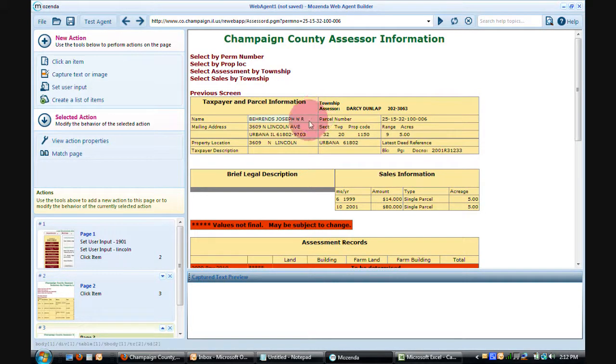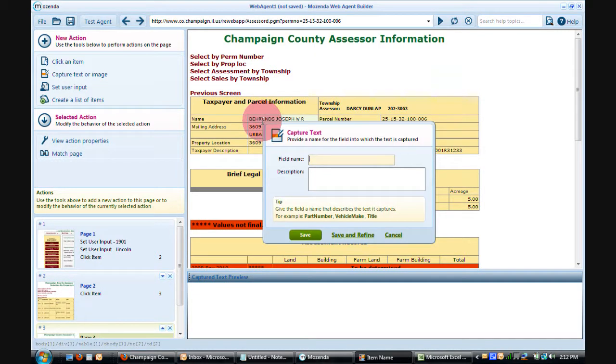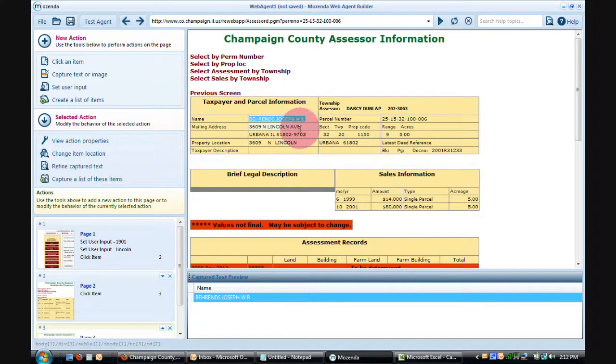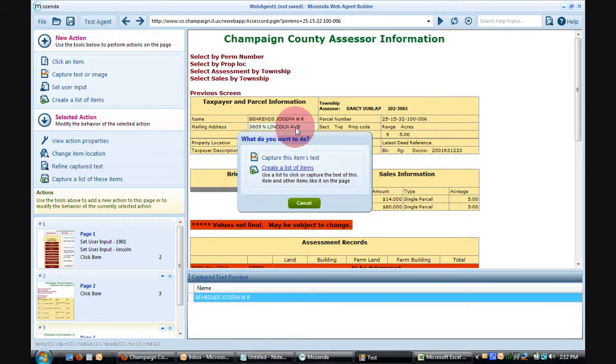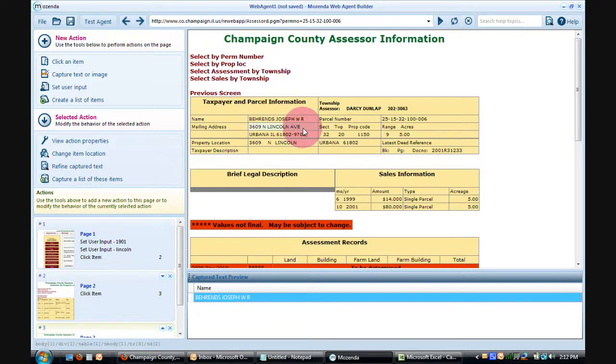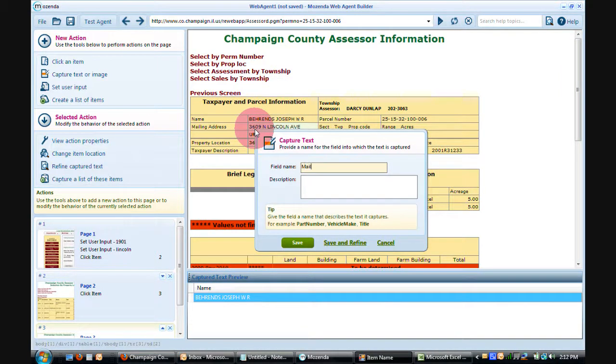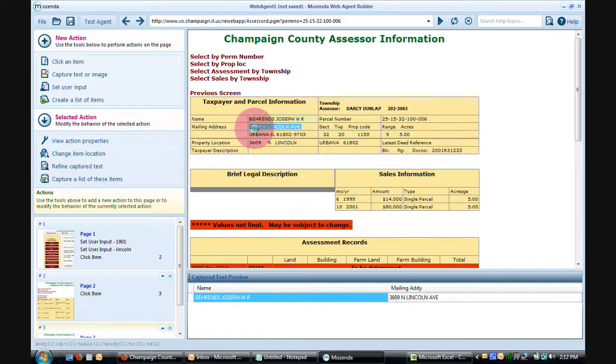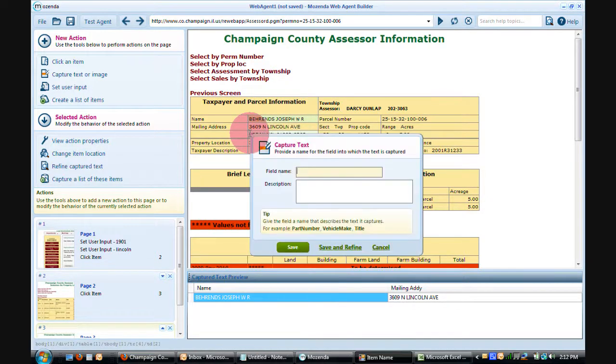And what we're going to want to take is the name, we're going to take the mailing address, and we're going to take